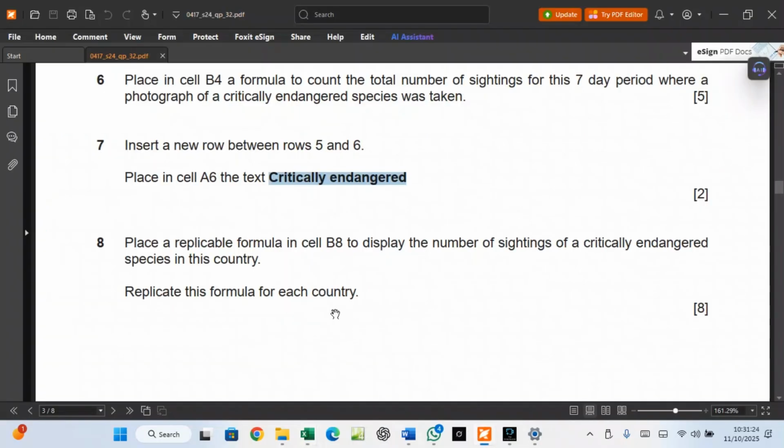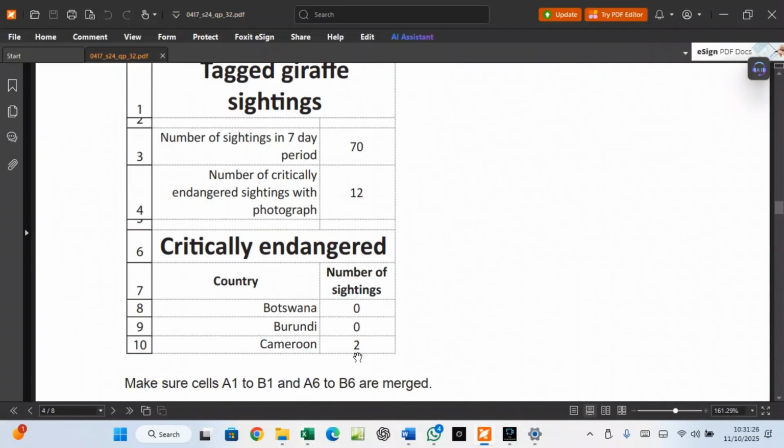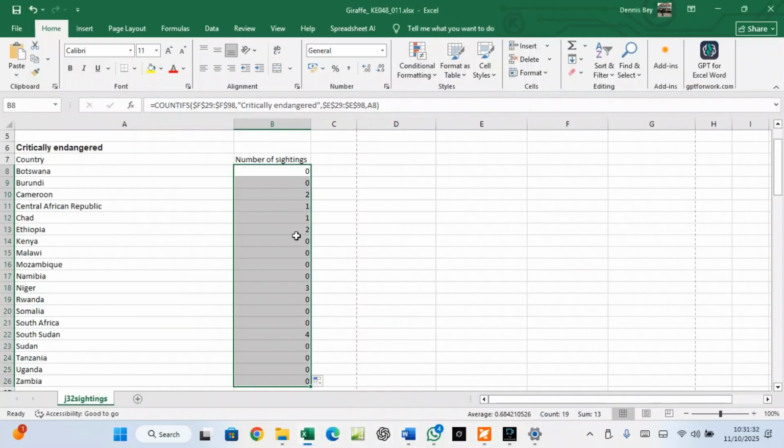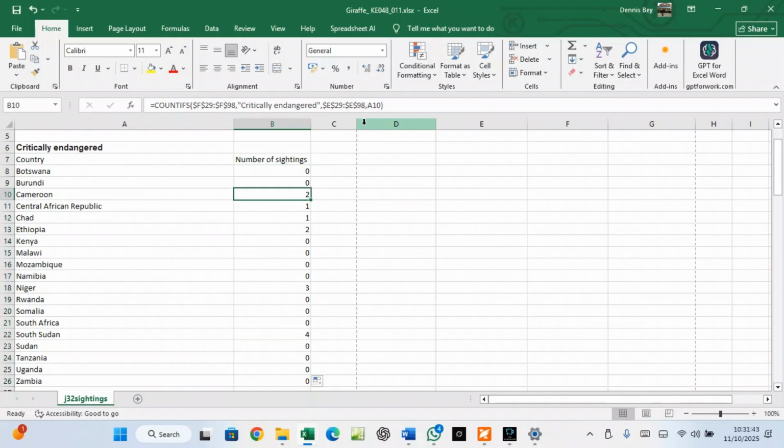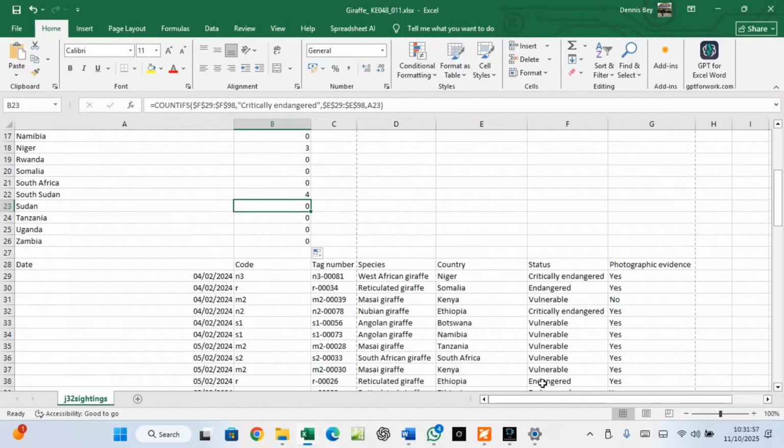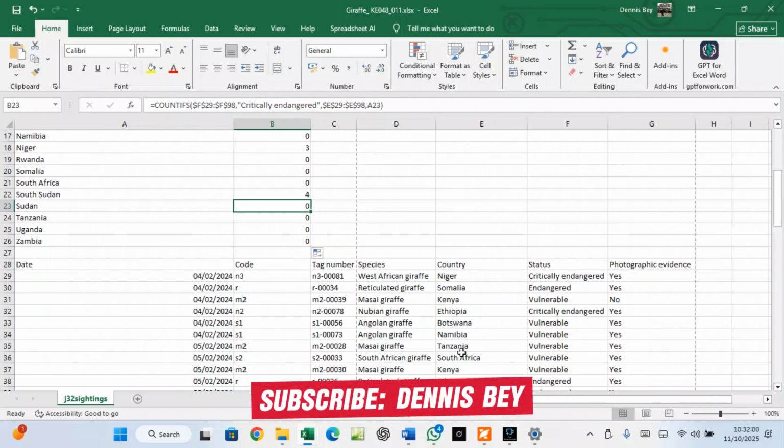So let me check out the formula. I normally check down 002. So if I go back to my 002, so it is okay. So it is showing this one here, A8 changes. So this is A8, A9, A10, A11, A12. If I click here, that is A23, meaning that this one is relative. But the ones I was referring to down here, I've made them to be absolute. Status and the country, I've made them to be absolute so that they remain fixed